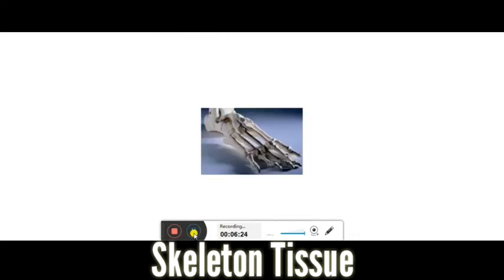Children, one more very interesting fact is that in our whole skeletal system, our feet contain the most bones. Out of 206, 52 are in the feet only. That means one fourth of all the bones we have are in the feet. So this is an interesting fact you can know.